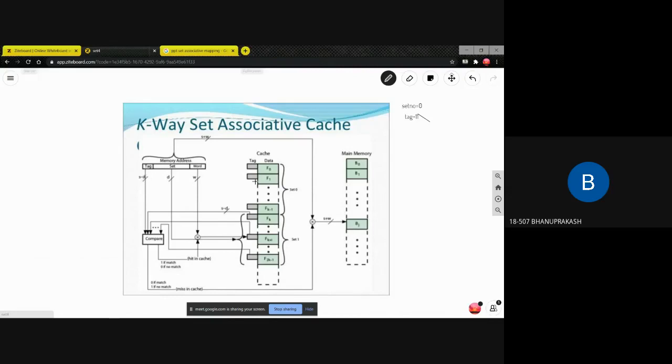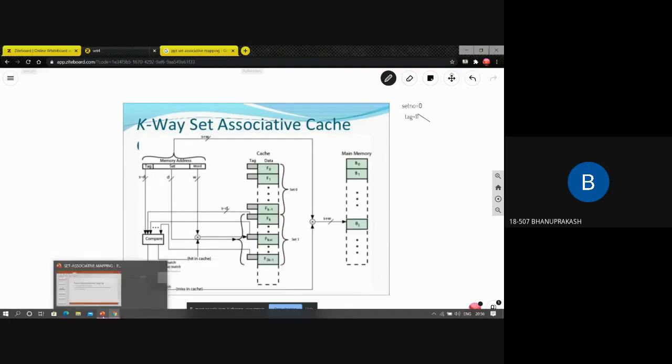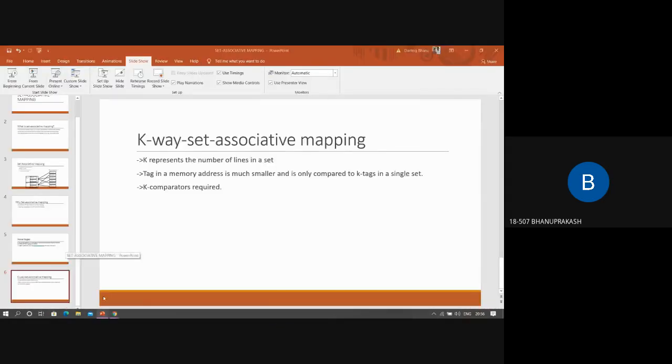in one of the blocks of the set. One of the blocks in the cache is replaced with another block from the main memory. Those are all the replacement techniques. And the word: if we hit the cache, then we'll search for the word. So this is the k-way set associative cache diagram. Let's now do some problems on the associative mapping.